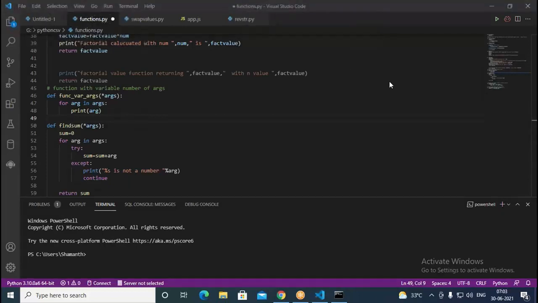Swati, are you hearing me? Yes. Okay. You understood this point here? Yes. Okay. Now, similarly, we have another concept called